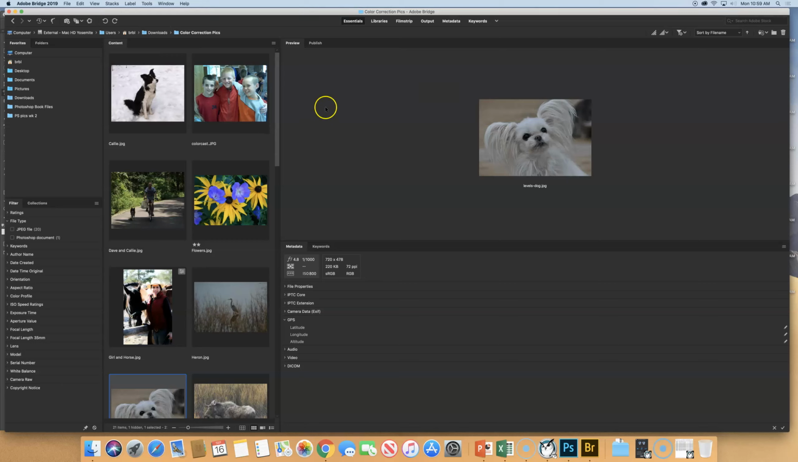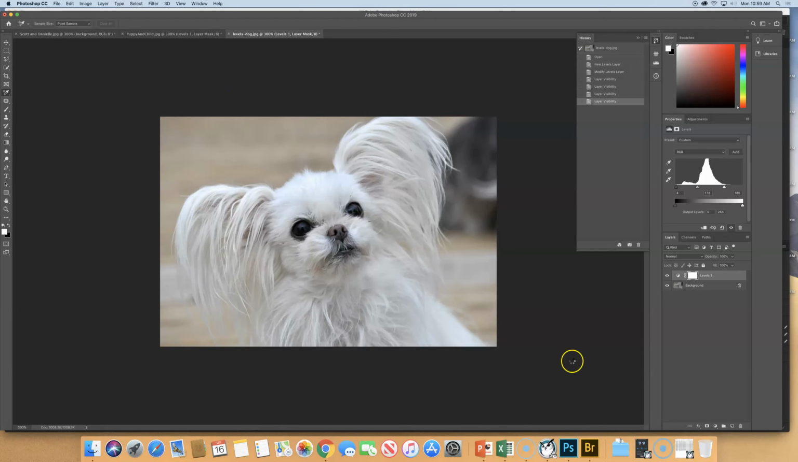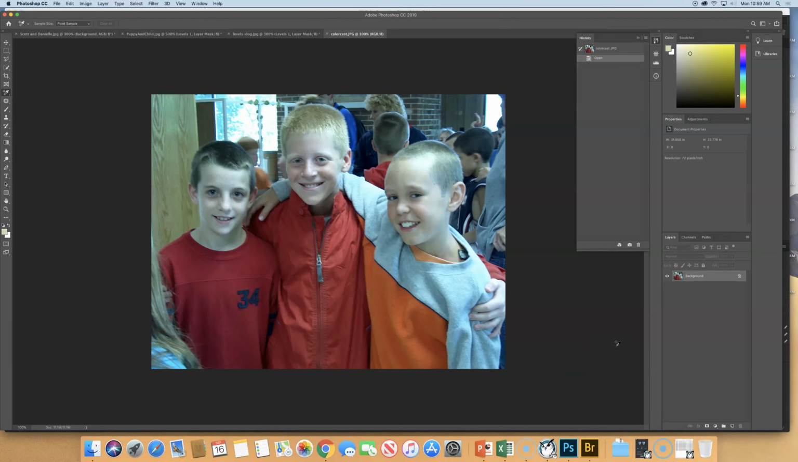I'd like you to go to the one in Bridge called Color Cast. It's the 3 boys. And you guys definitely see a color cast to this. It's not quite right. So go ahead and put on an adjustment layer of levels. Now when we look at this one,